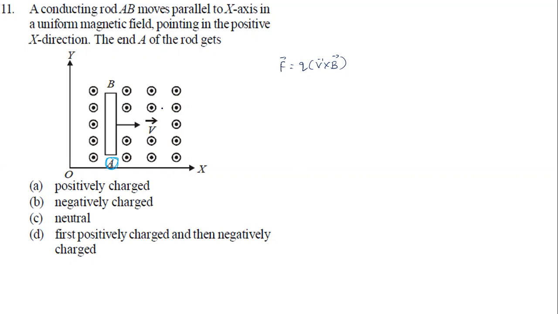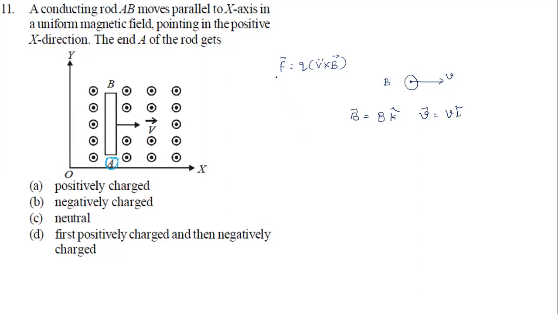Okay, in what direction are they? Look at now. B is along the Z axis, right, towards you. That is B. I'm going to indicate towards you like this. A dot indicates towards you, a cross indicates away from you. This velocity is along what direction? It is along the x axis. So I can take now B is along k cap, and the velocity vector is along what now? Velocity is along i cap. Okay, these are the directions of the vectors now.